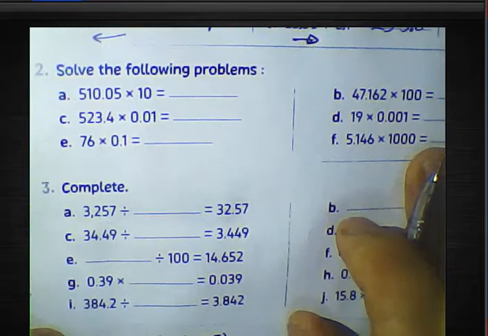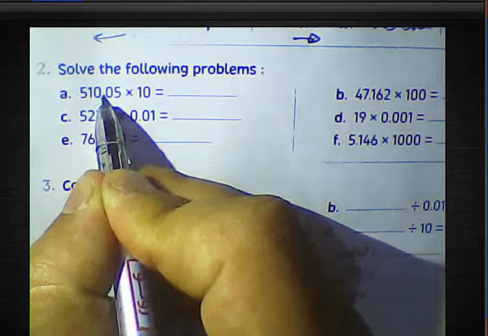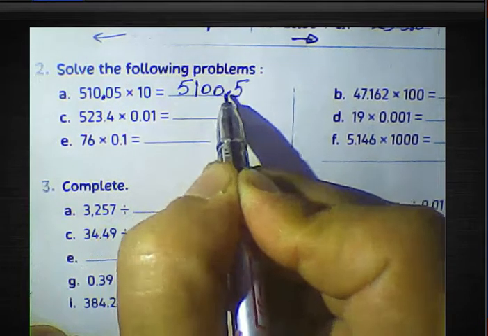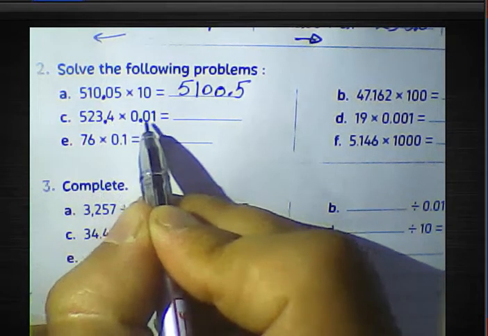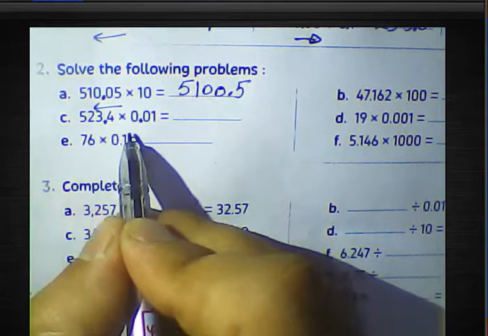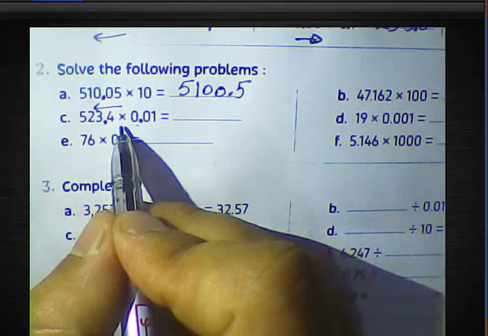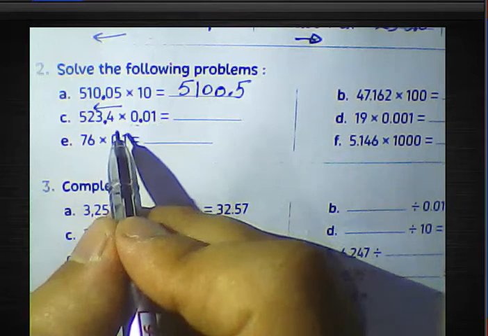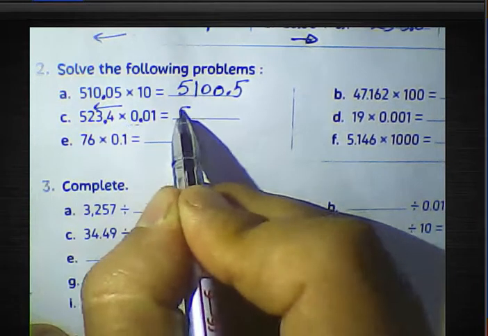Question number 2, solve the following problems by multiplying by 10. We must move the point to right hand side. Here, move the point, and this number multiplied by 0.01, we must move the point to left hand side. This number means divided by 100. Okay, multiply by 0.01 means divided by 100. So the point must move to left hand side,